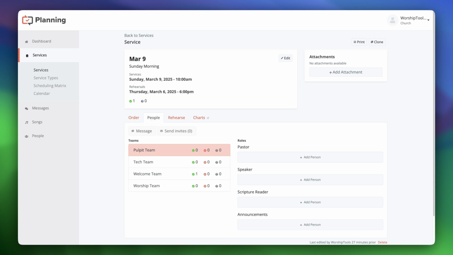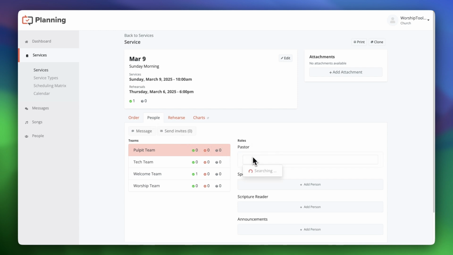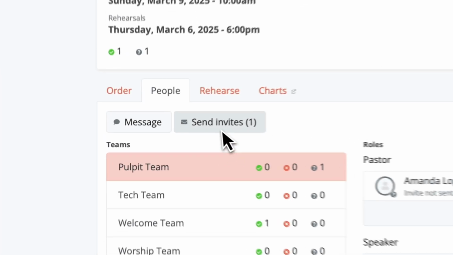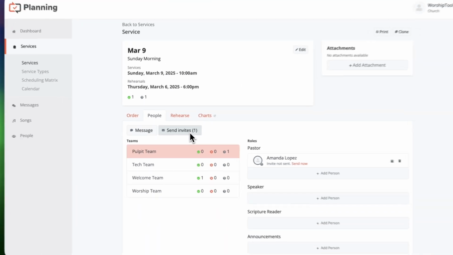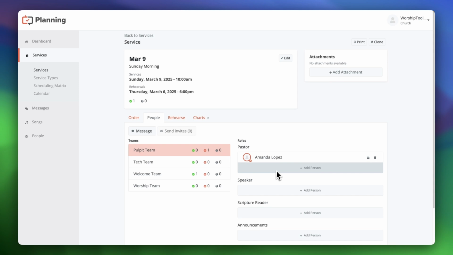Moving over to the People tab, this is where you'll schedule your users or your staff and volunteers to this specific service. You don't need to fill out every role for every service, so just fill out the roles that you need, and once everyone is on the schedule how you like them, you can send out the invitations. The invited people will then receive an email that says something like, "You have been invited to serve as blank, accept or decline." Hopefully they accept, but if they decline, you'll just have to find someone else to fill that